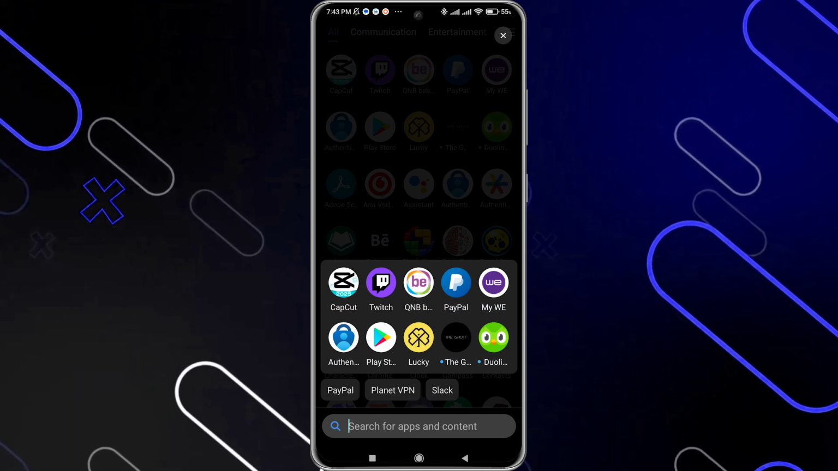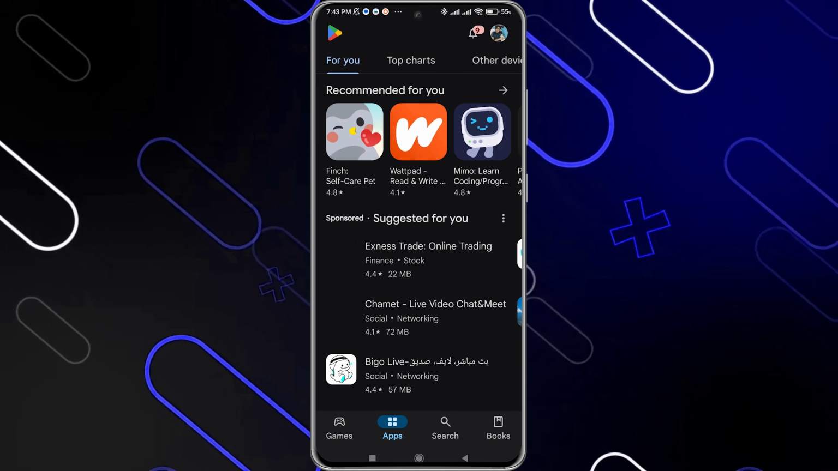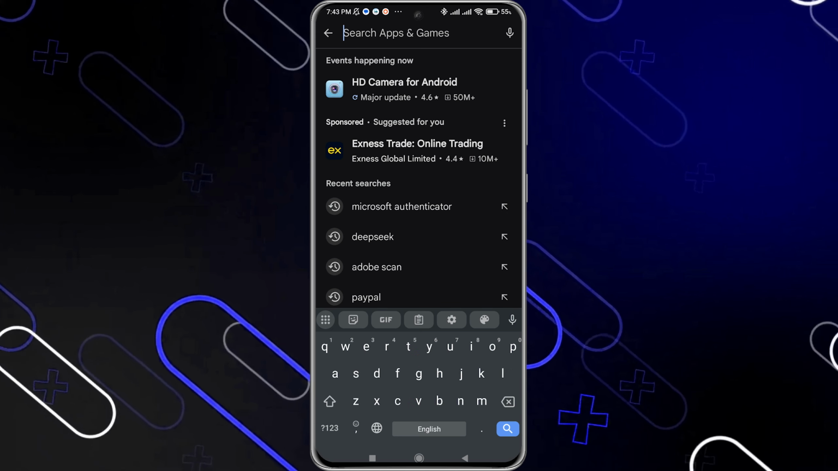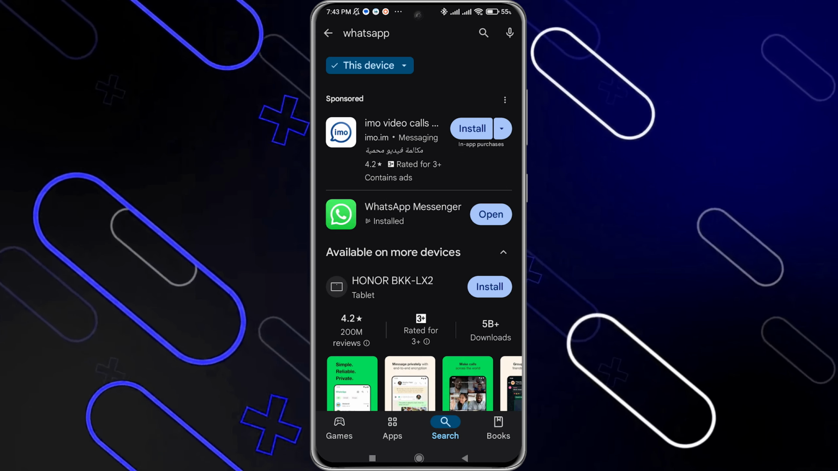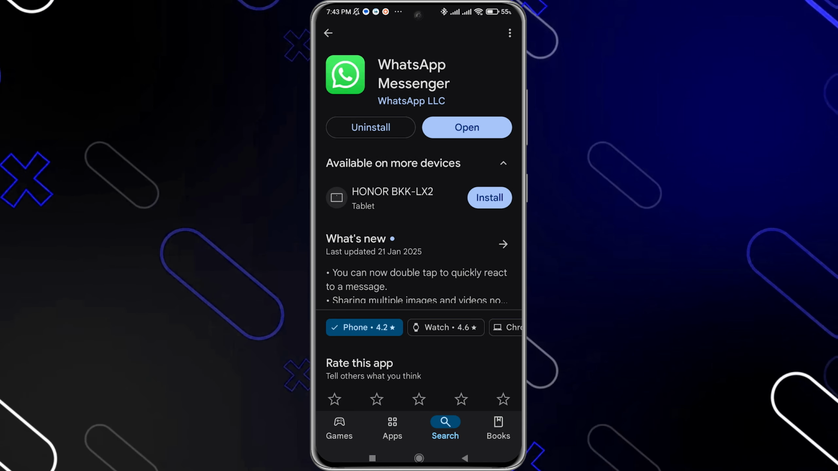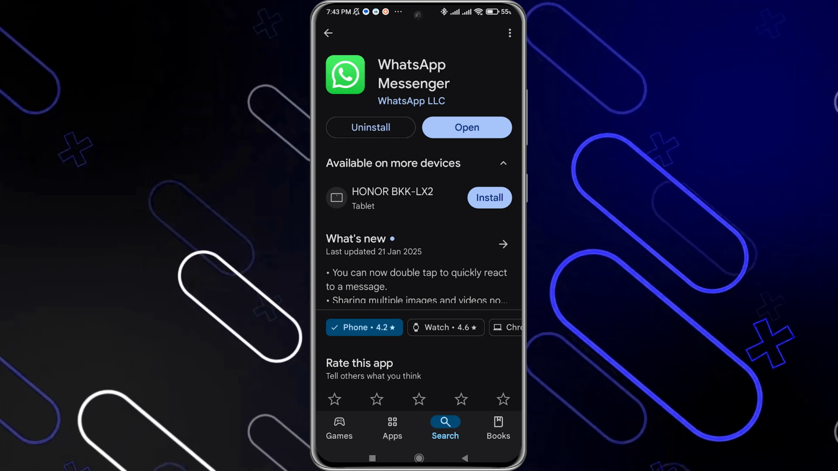Now, the first thing that you should do is to simply go and open Play Store or App Store, whatever you are using, iOS or Android. Then you should go to the search bar right here and search for WhatsApp. And now you will have to check if you have any updates for WhatsApp itself. But if you do not have any updates and you still don't have the Meta AI icon, in this case,